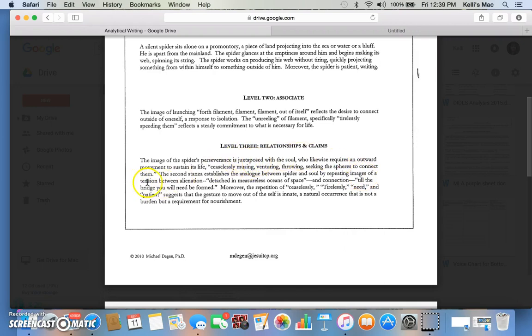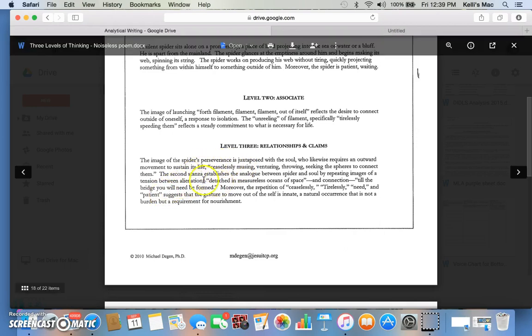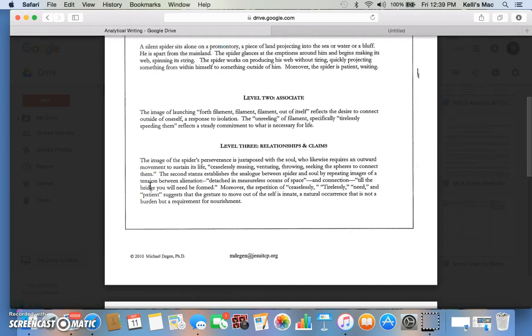Look, there's a tension. Ooh, that's a nice yellow word. Tension between the alienation, yellow, association, the alienation he feels, and the connection, yellow, that he feels. The alienation: detached in measureless oceans of space. The connection: the bridge, detached and bridged. That's a juxtaposition. That's a contrasting juxtaposition. And he does that repeatedly. So moreover, the repetition, again, a level 3 word, of diction like ceaselessly, tirelessly, need, and patient,